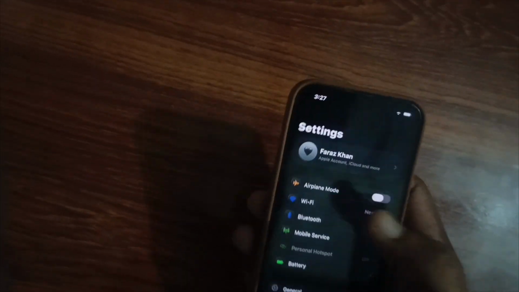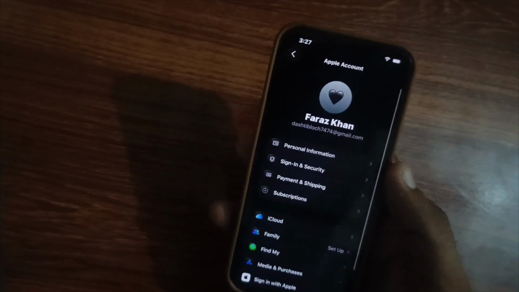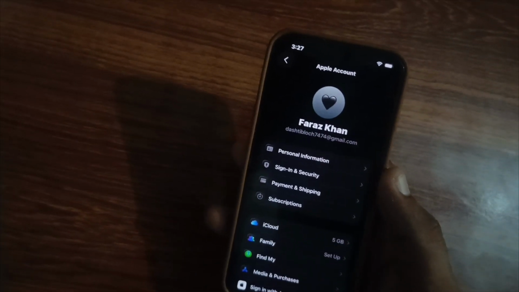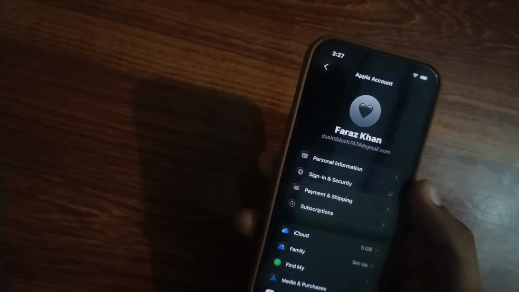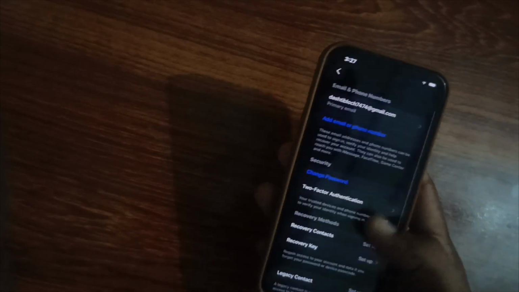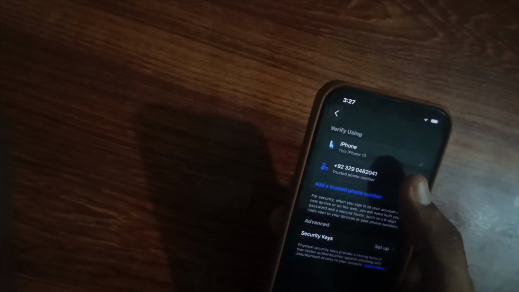First of all, open Settings on your iPhone and then tap on your Apple ID profile. Now tap it, and then tap on Sign-In & Security. After that, a new screen appears. Scroll down and click on Two-Factor Authentication. After that, a new screen appears and verify using your trusted phone number and verify your two-factor